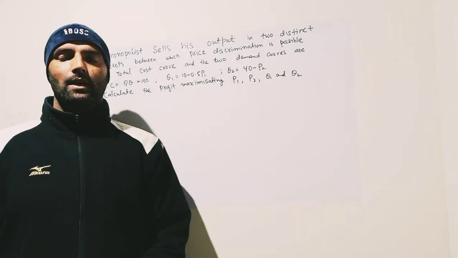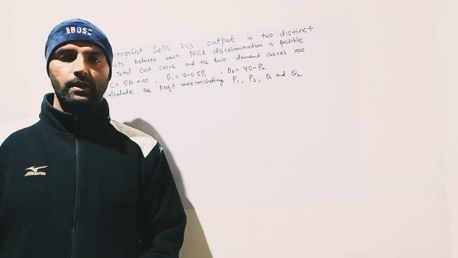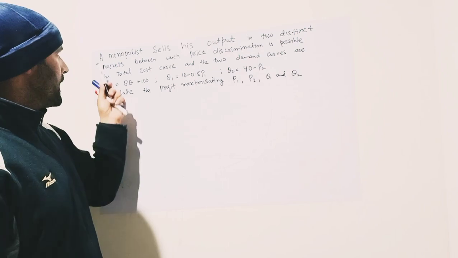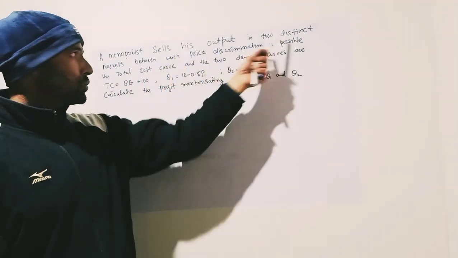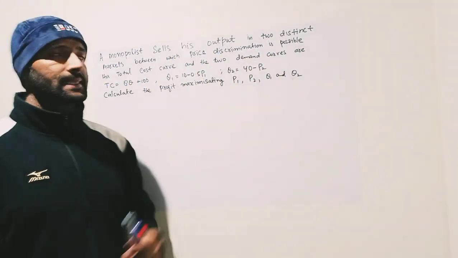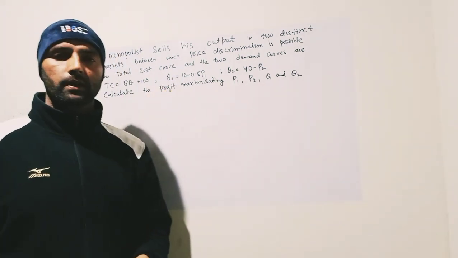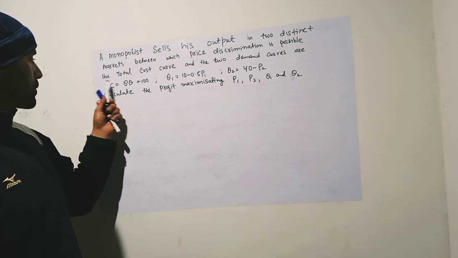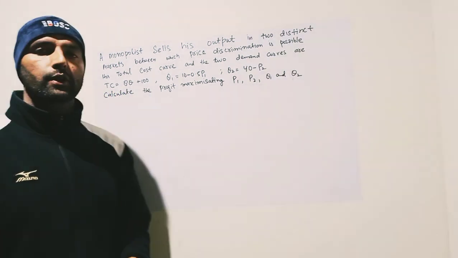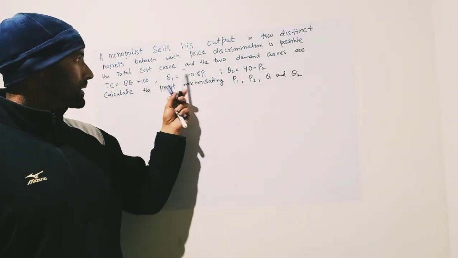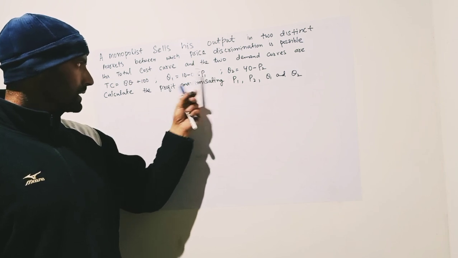In this video, we will solve a problem on price discrimination in case of monopoly. The question is, a monopolist sells his output in two distinct markets between which price discrimination is possible. His total cost curve and two demand curves are being given. Total cost is equal to 8q plus 100, where q denotes the output, and market demand function is being given